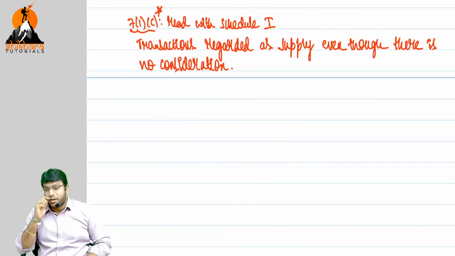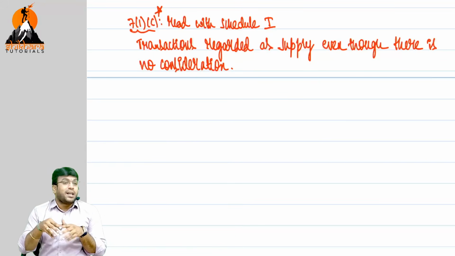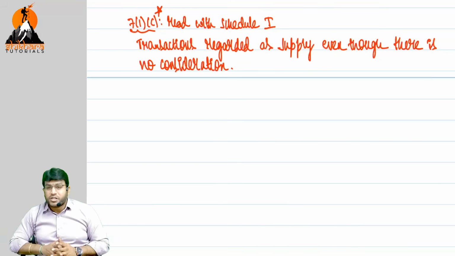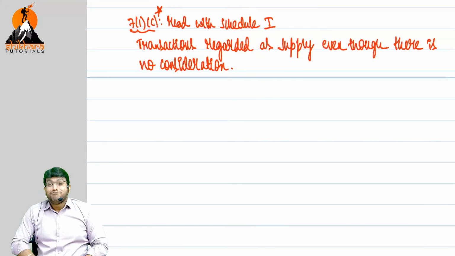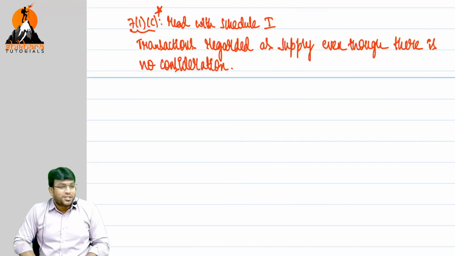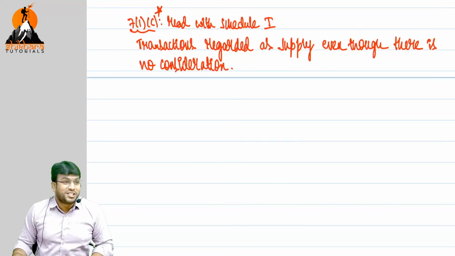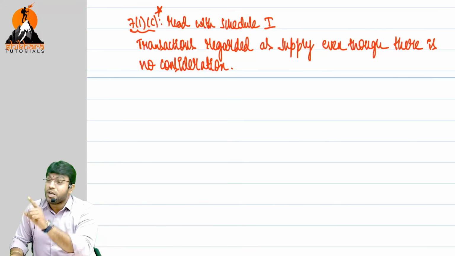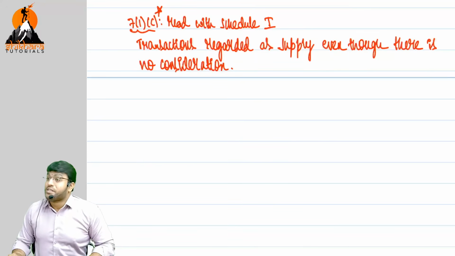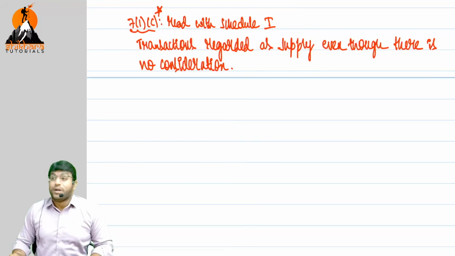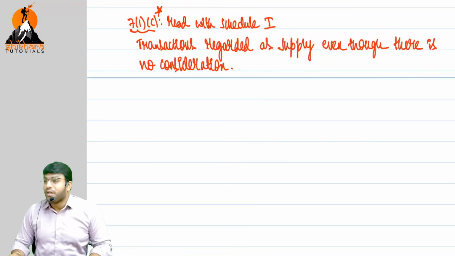Sir, I'll ask you one question. First of all, a person is crying to pay GST even when money comes. We are talking about a case where there is no consideration, still pay GST. Now, a big question will come in the student's brain: if there is no consideration, still you are asking the person to pay GST, on what value should they pay GST? We will learn in the valuation rules, which are there in our syllabus. We have Rule 27 and Rule 28, which are important. There we will learn in detail.